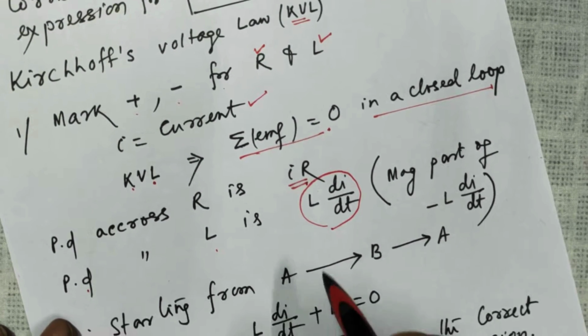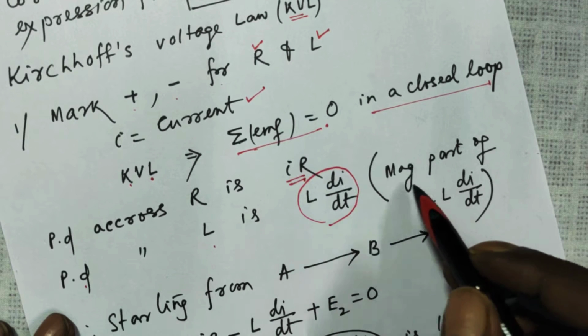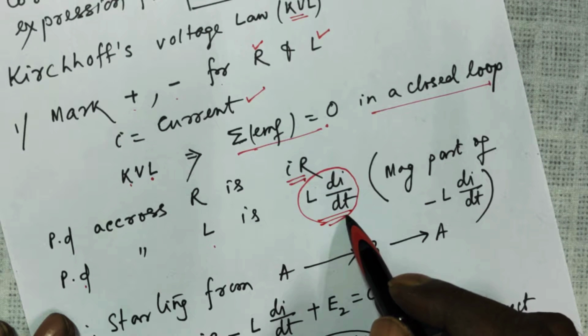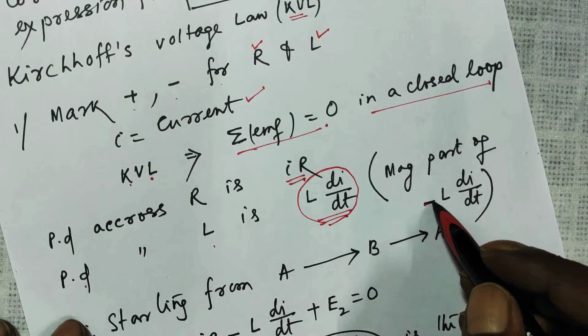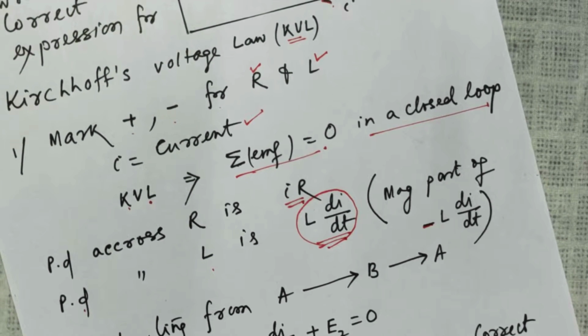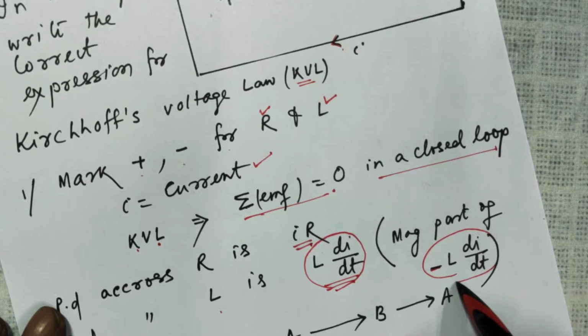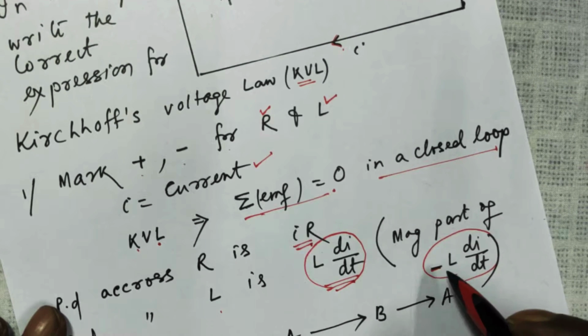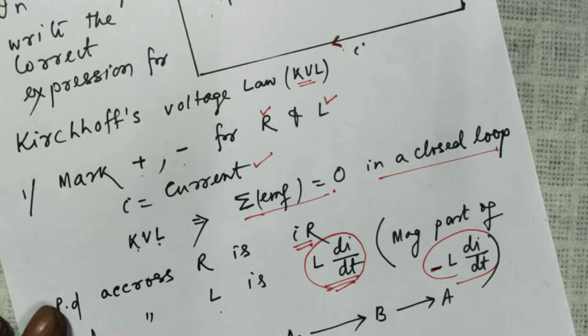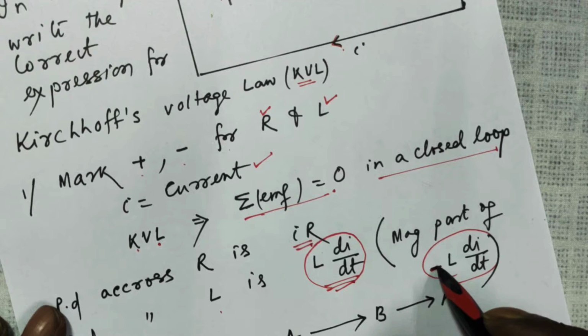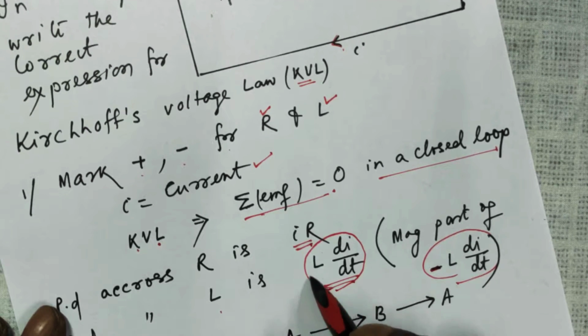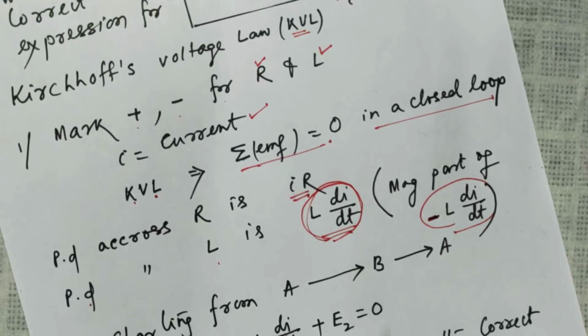You might be wondering why I am not writing a minus sign here. I have taken only the magnitude. This negative sign only indicated that it was your EMF, as discussed in electromagnetic induction. The negative sign only indicates it was opposing the current. If the current was increasing, it was opposing it by creating an opposing EMF. If the current was decreasing, it was also opposing. That negative sign only indicates that. So let us not take that, only take its magnitude, L di by dt.